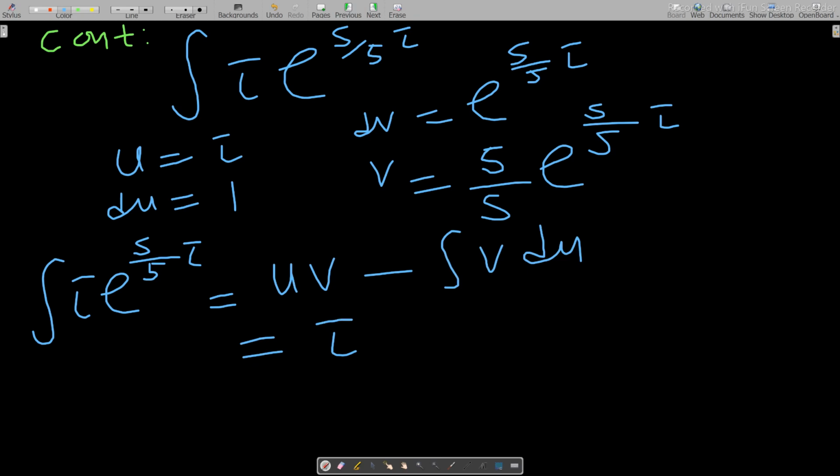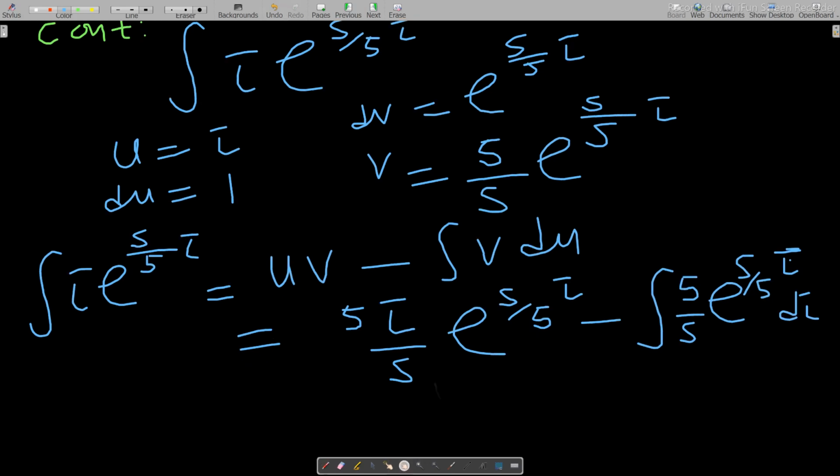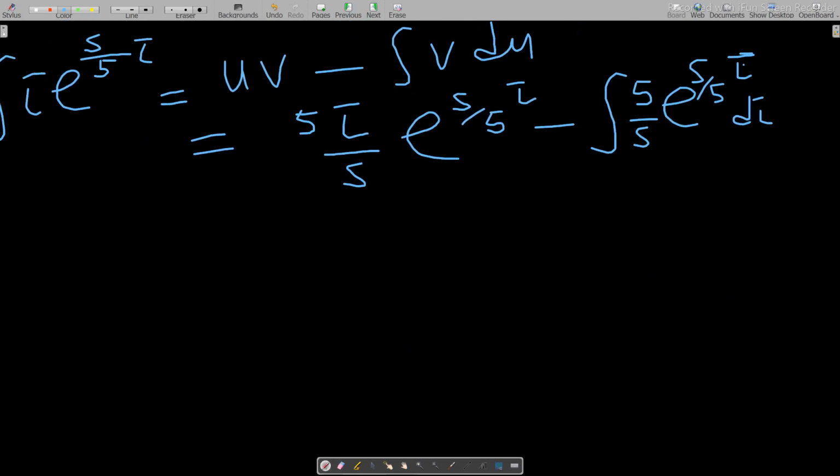So I have, let me write it, 5 tau over s, then e to the s over 5 tau, then minus integral of v is what, 5 over s e to the power s over 5 tau du, and du is what, 1, so you don't write it, still with respect to tau. Now this will give me something like this: